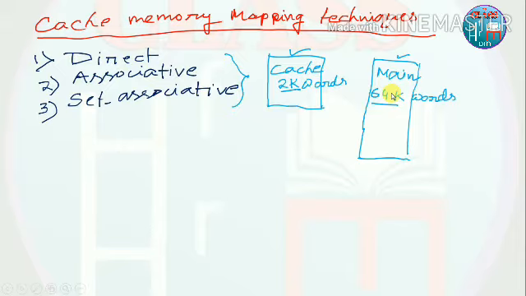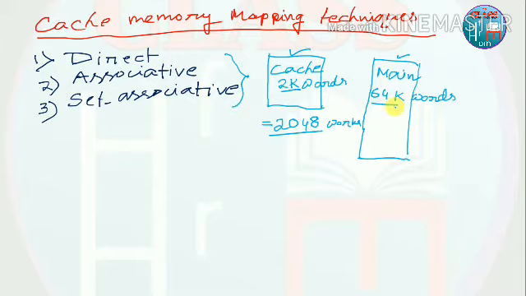So K means here kilo. So 2K means how many words are there? Can you tell me the total number of words in 2K words? 1K means 1024. So 2K means 2048. 2048 words. That means in the cache memory you have 2048 words, and in the main memory